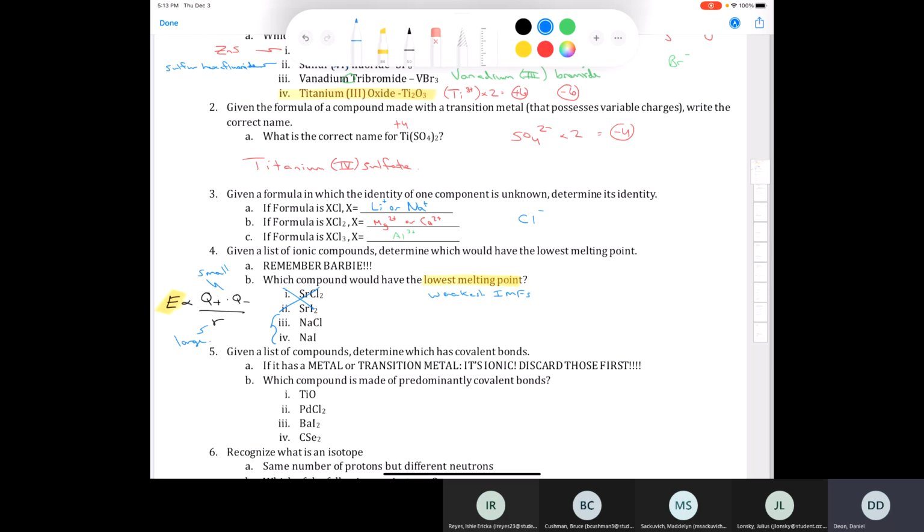Now, if we want it to be large on the bottom, you know that as we go from fluorine to chlorine to bromine to iodine, as we go down the group, the elements get larger, right? As the principal quantum number increases. And so the one that's going to have the smallest charges and the largest radius is going to be sodium iodide. That's going to result in the weakest electrostatic interaction between the cation and the anion, and result in the